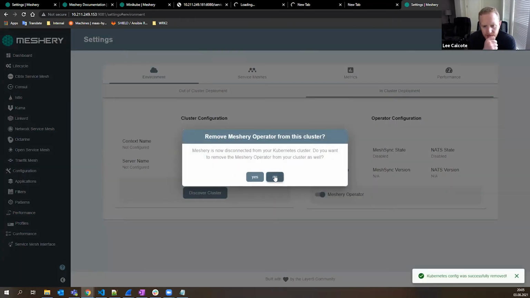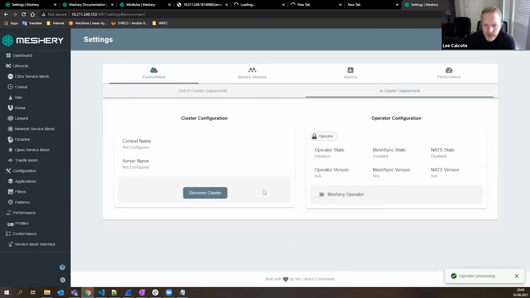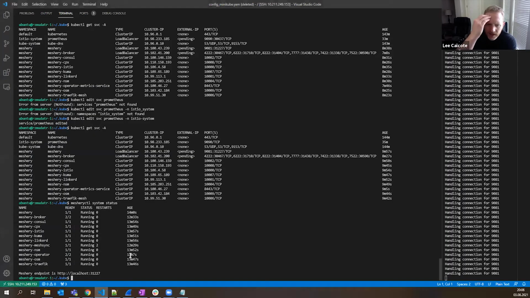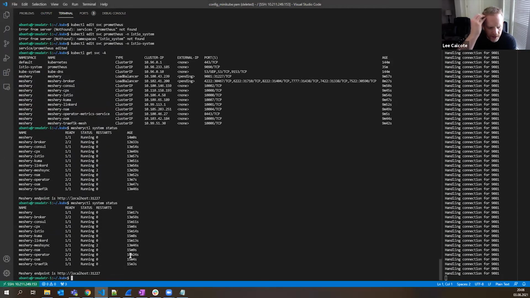If you remove the Kubernetes connection, and in this case, maybe you should just delete it. Yeah, just to kind of start fresh. And if you want to, that'd be great to discover the cluster. And then if you go back to looking at the mesheryctl system status, it should be the case that